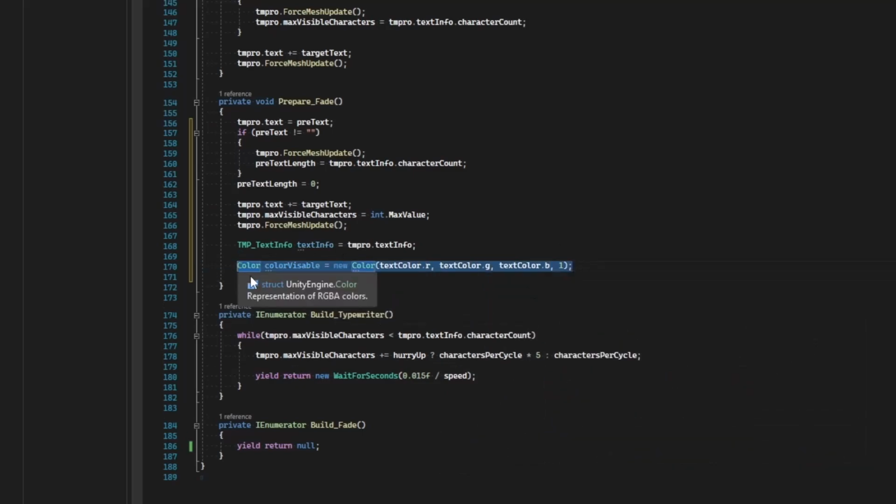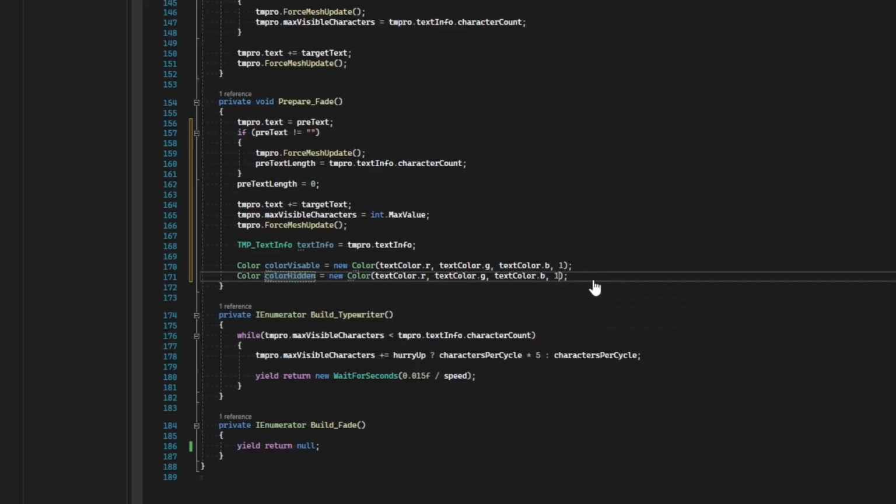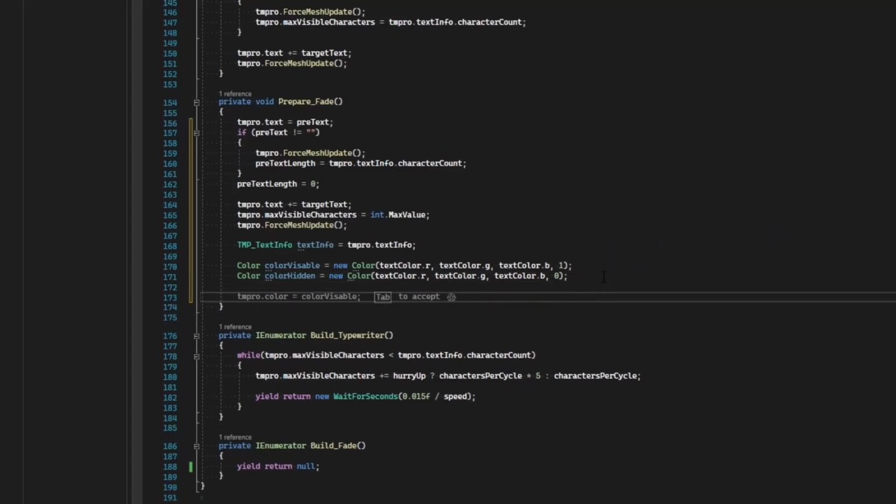And we'll do the same thing for the hidden color, but make sure that the alpha is set to 0 in this case. That way we don't have to keep creating new colors for each vertex, we'll just store them there and reference them for each character. So now that we got our colors set up, the next thing we need to do